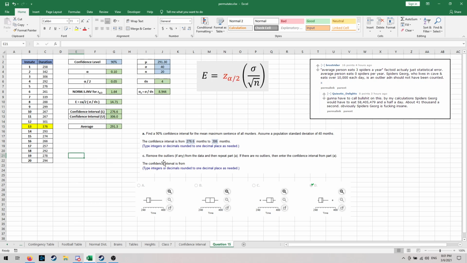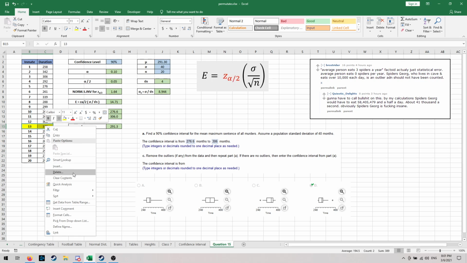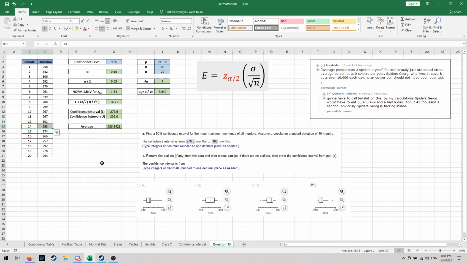So we're asked to remove this from the data and repeat part A. Now that we have all this set up, we can do that quite simply. We just need to delete the outlier. You could do a whole recalculation, but in Excel, you can just select the cells and delete them, shifting the cells up, and this is going to change our average automatically. If you look at this, you now see that we're taking the average of all these cells. We're not still dividing by 20. It moves the whole calculation up. And you can see we have a new average, in this case